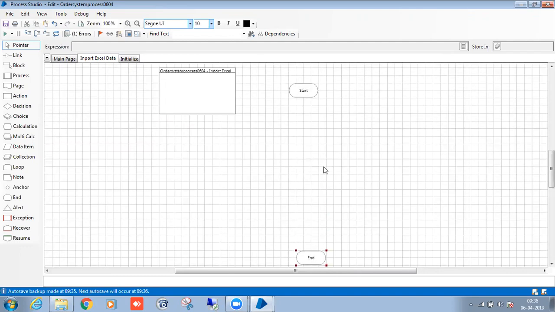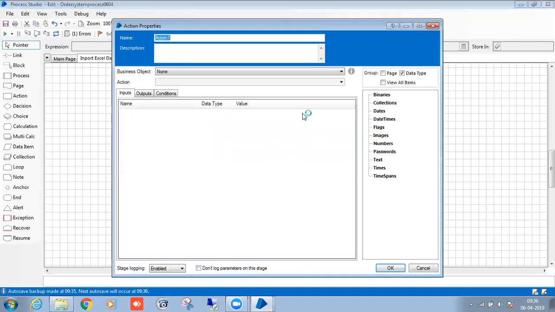So for importing the Excel, what are the actions you have to perform? The first action is create instance.